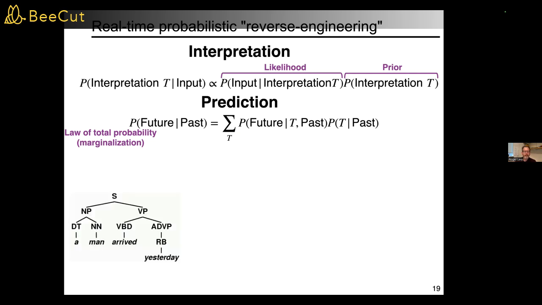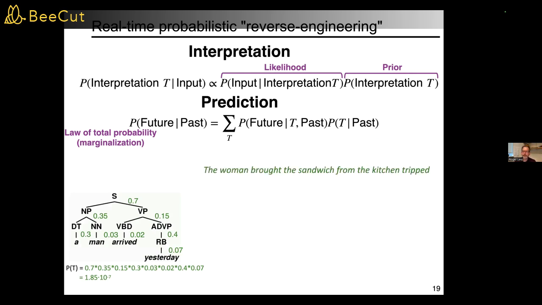So what this looks like in context, for example, if I'm thinking about the role of syntax and ambiguity in syntax, I might think about our minds scoring possible syntactic structures and then using those to predict. And when you make this incremental, you take a garden path sentence, like the woman brought the sandwich from the kitchen tripped. And this is confusing because of the words who was; in this case, there's a grammatical rule that allows you to omit them. And the ambiguity of the form without who was can be captured in the sizes of these trees, or like the relative probabilities of interpretations given past input.